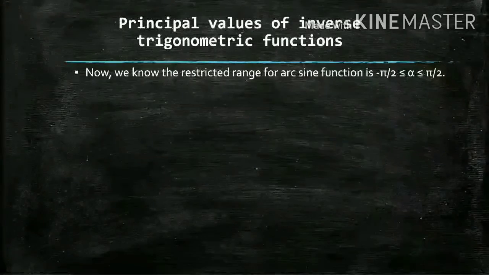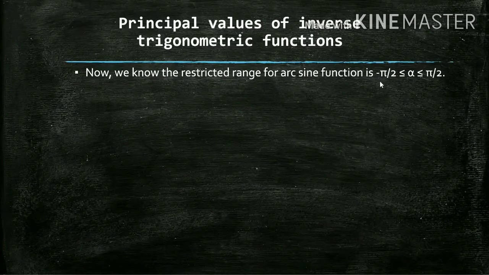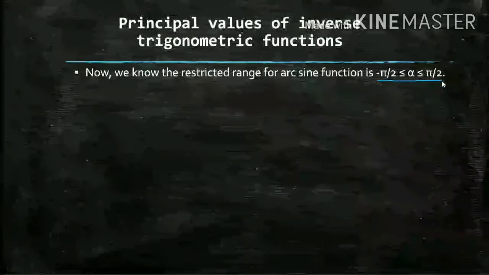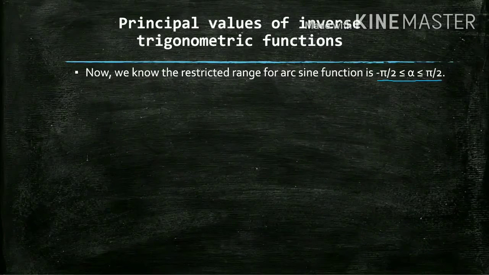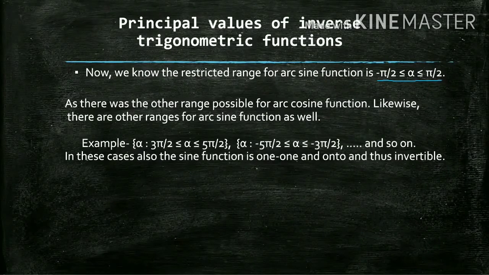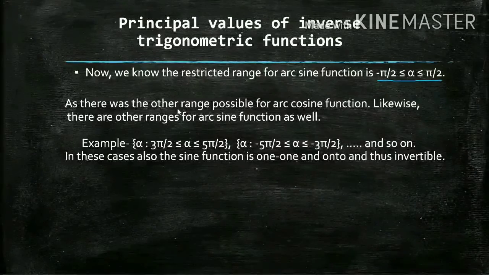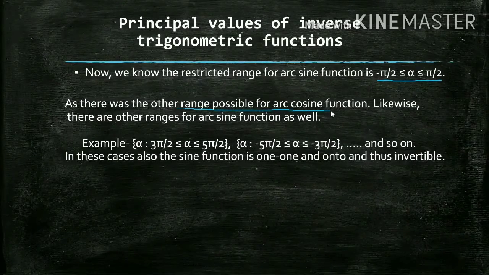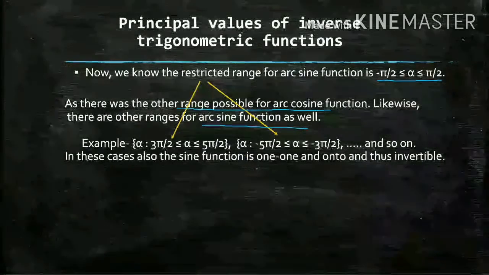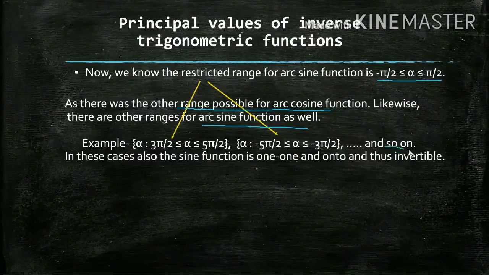Now we know that the restricted range for the sine function is the closed interval minus pi by 2 comma pi by 2. We know this. Now also we know that there are other ranges possible for the arc cosine function, and likewise for the sine function as well. These are both restricted ranges possible for the sine inverse function, and so on. That means many more are possible,